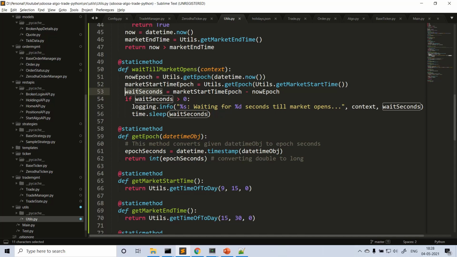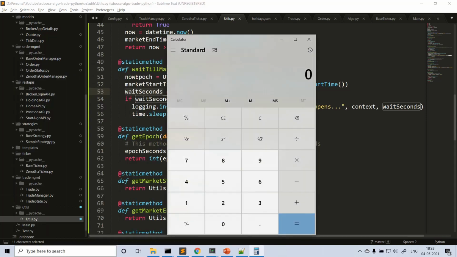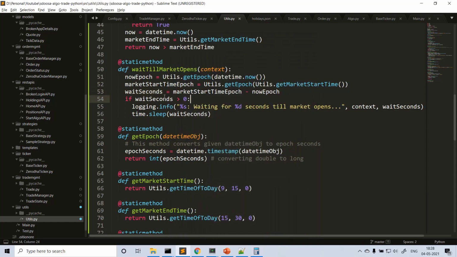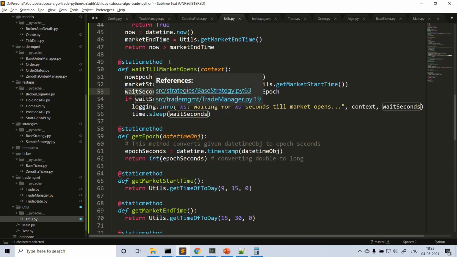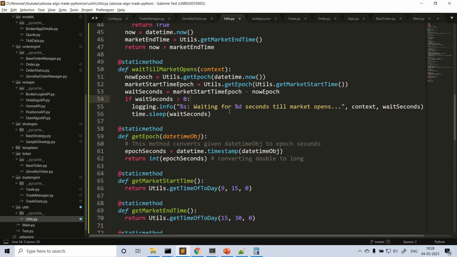So the difference is 9:15 and 8 a.m., 1 hour 15 minutes, equivalent to 60 plus 15, 75 minutes into 60, right? So 4,500 seconds. Here you will get 4,500 seconds if you are calling this function at 8 a.m. If the wait seconds is greater than 0, then we print some context.